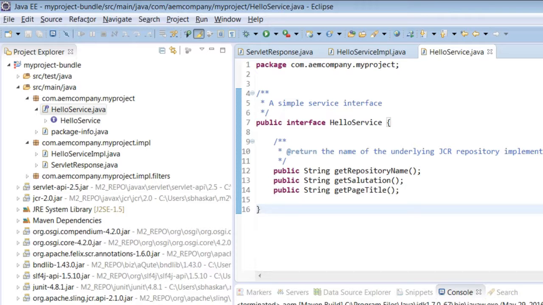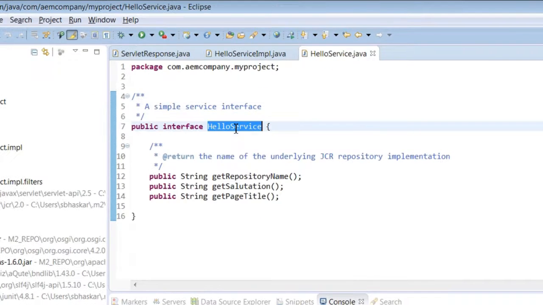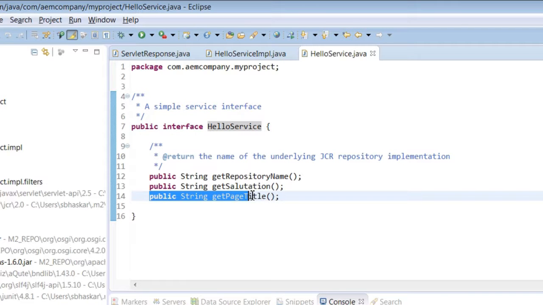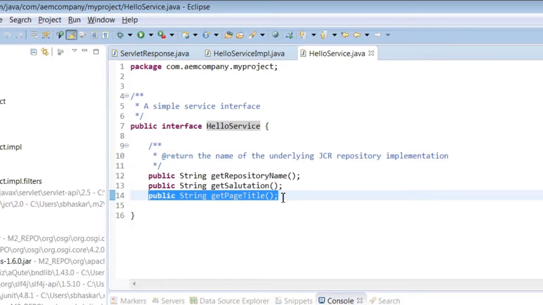This interface helps you to get a resource resolver. A resource resolver gets you the resource object that provides you the functionalities to manipulate the nodes and its properties. We'll also learn about the adaptTo method that helps you to translate an object into a different object type. So let us start. In the Hello Service interface, add a method getPageTitle.